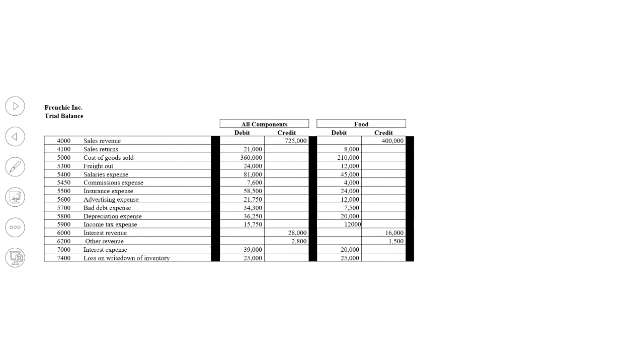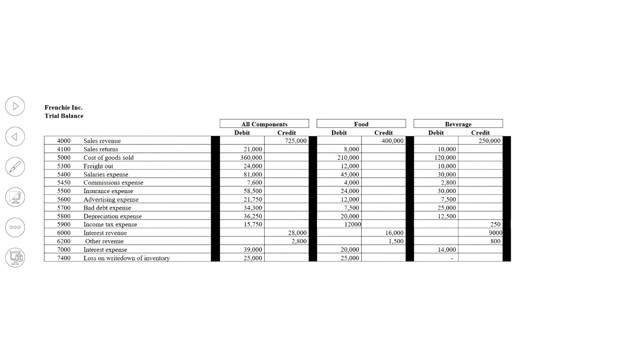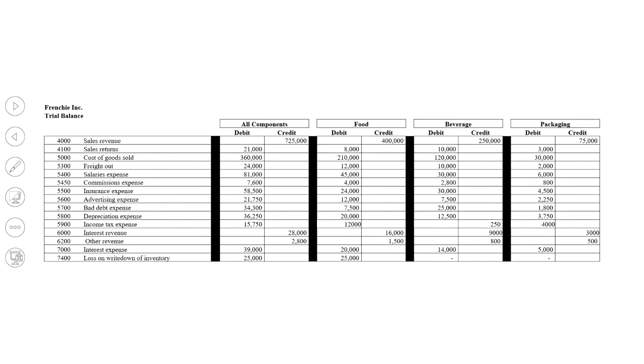If we take a look at the various components, we've got the food. That is not being discontinued, so that's going to be staying with us. Then we have beverage. That is not being sold off. That's staying with us. Lastly, we have our packaging. Obviously the packaging, the one on the far right, is the one that will separately be listed down below as a discontinued operation. For right now, what you're looking at on the screen is, what if we don't sell off the packaging? Then all three of these are going to be combined.